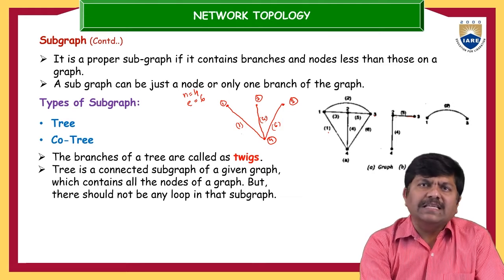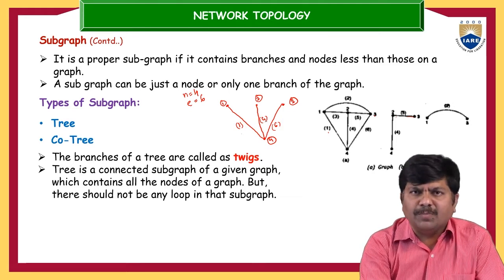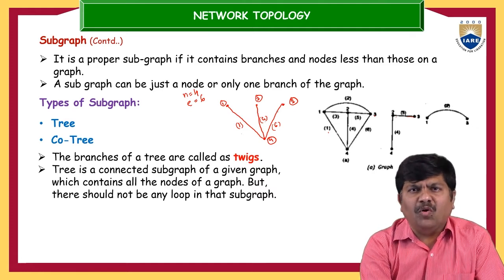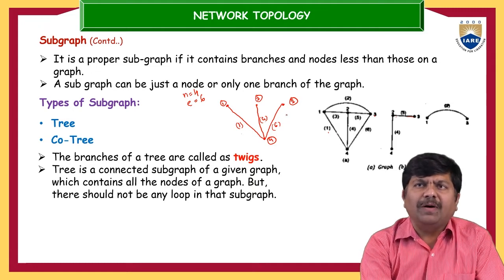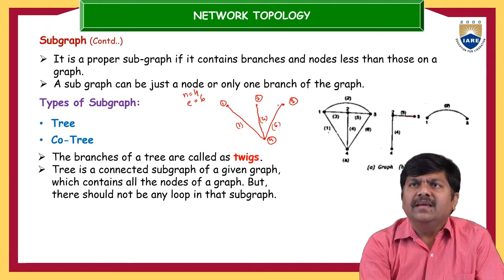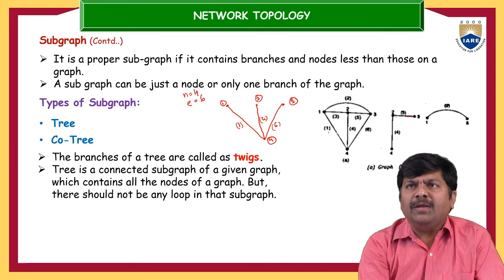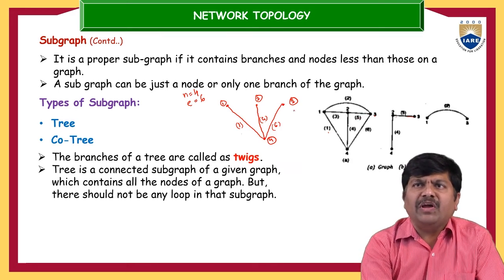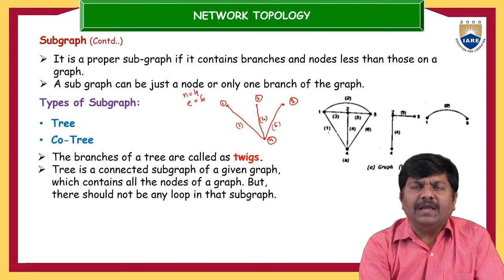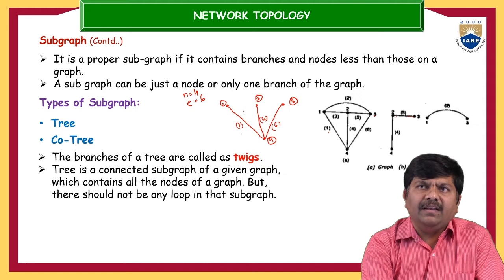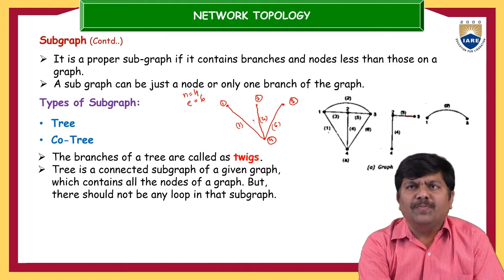And element number 6, if it is added to the subgraph having element number 1 and element number 4, now there won't be any closed mesh or closed path. So this is one thing. And second one is, if element number 2 is added, then you can see one closed path. So that won't be a tree. And if element number 5 is added, then between 2 to 3 you can find one closed path. So that won't be a tree. And if element number 3 is added, then again we are going to find one closed path. So that won't be a tree.